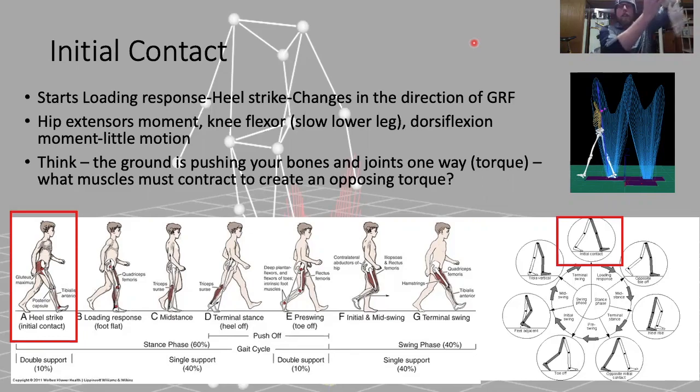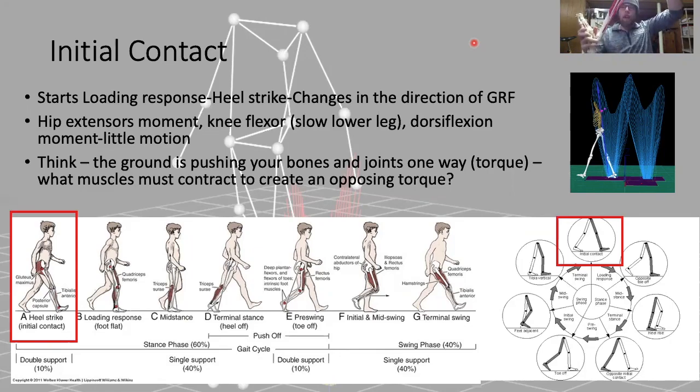So remember, your leg has come through, it's swung. How do you slow that down? With your hamstrings, right? Your hamstrings operate like this to pull the leg backwards. So if the leg is swinging through, your hamstrings become a braking mechanism. And then you have dorsiflexion, right? Dorsiflexion to get your foot ready and to provide that position for initial contact, right? So if you want to think about it, the ground is pushing your bones and joints one way. When you make that initial contact, you